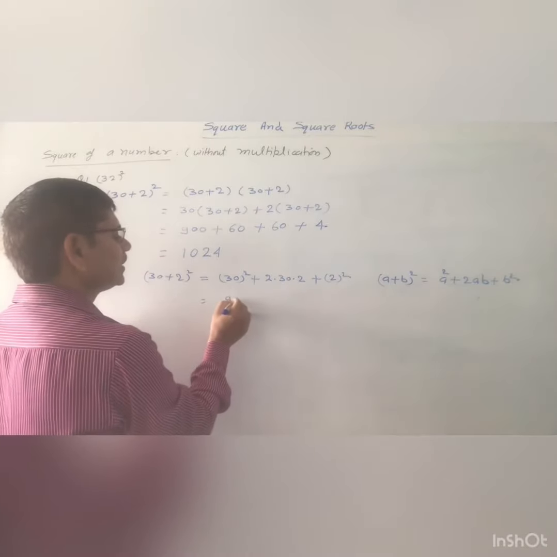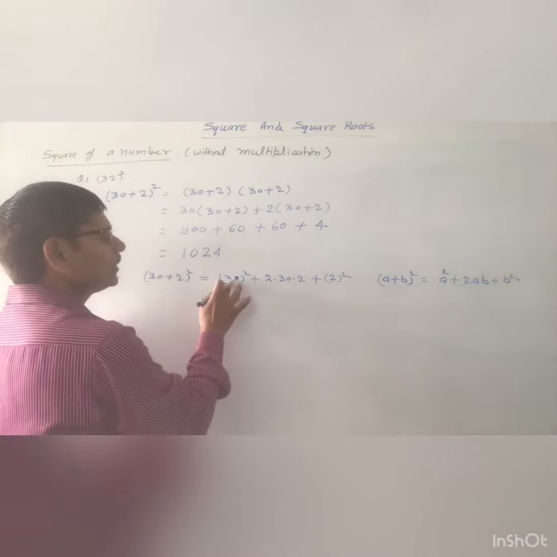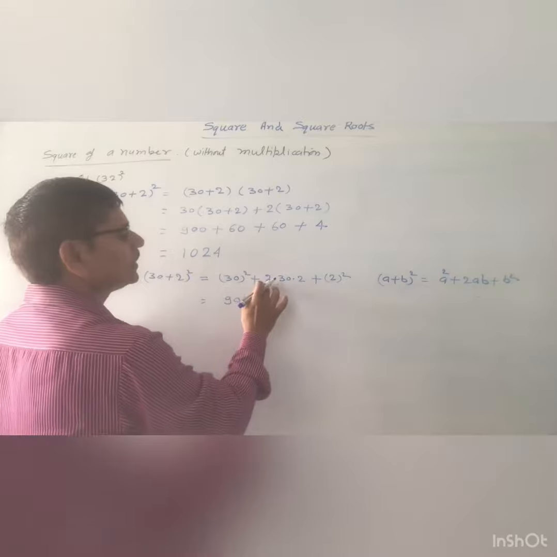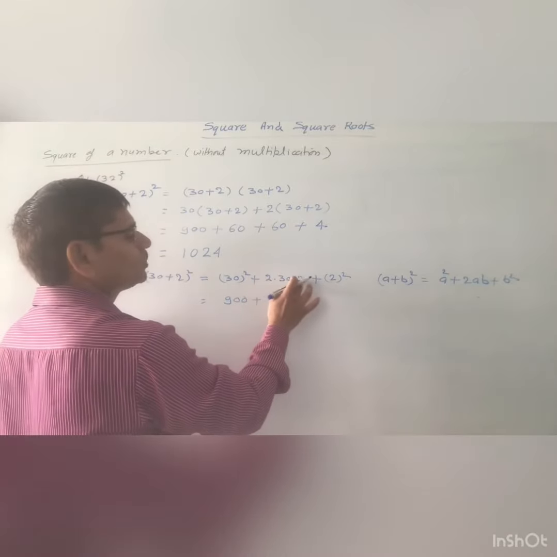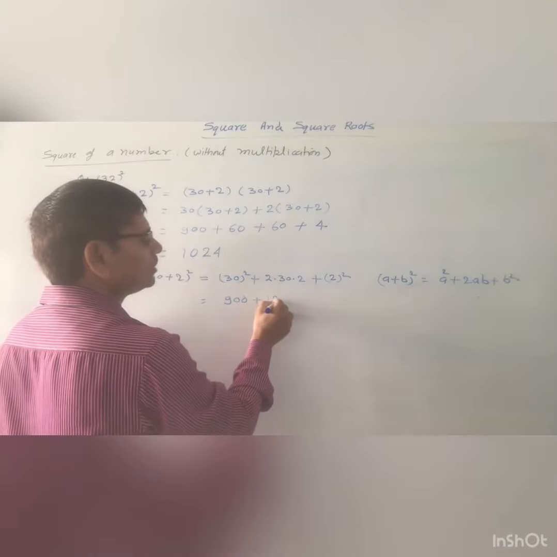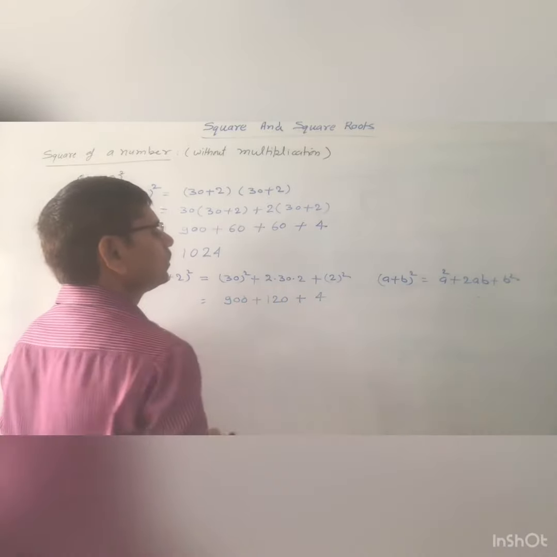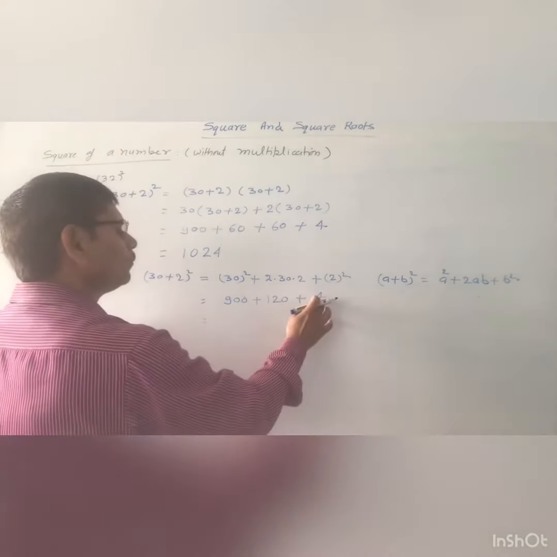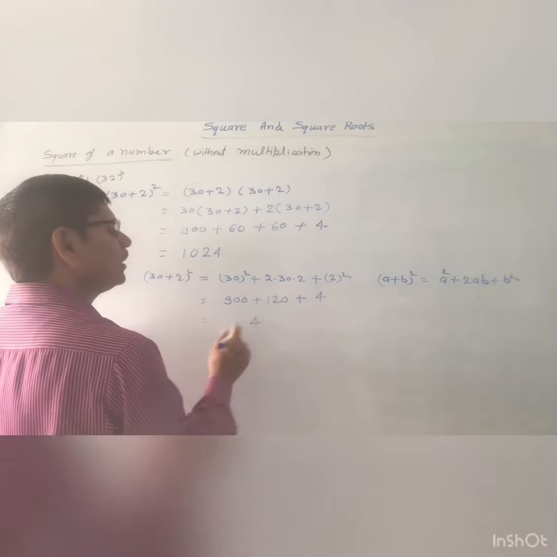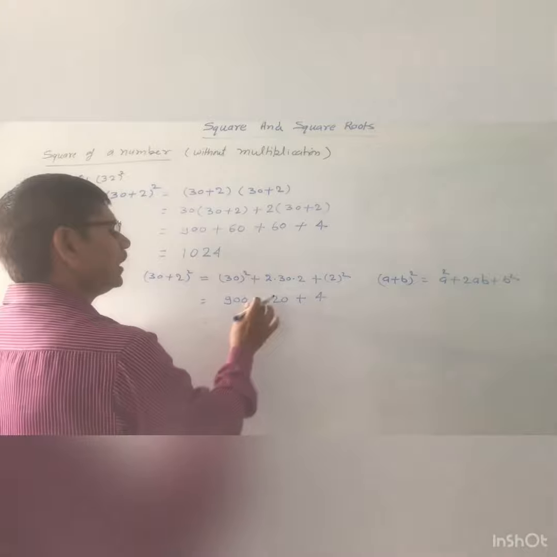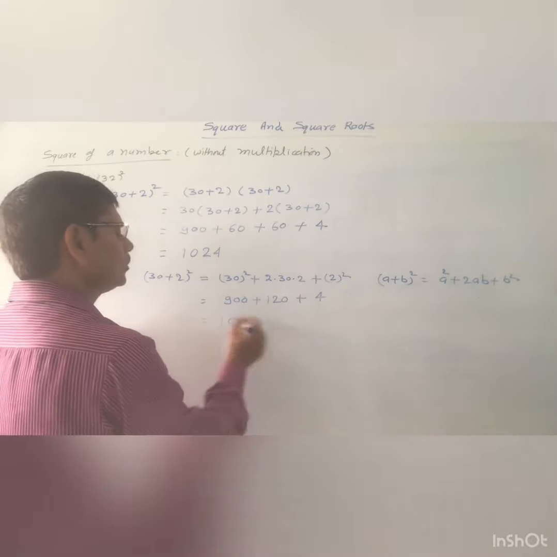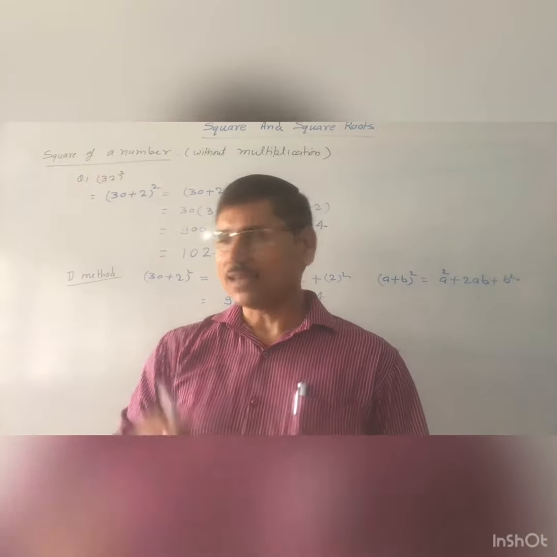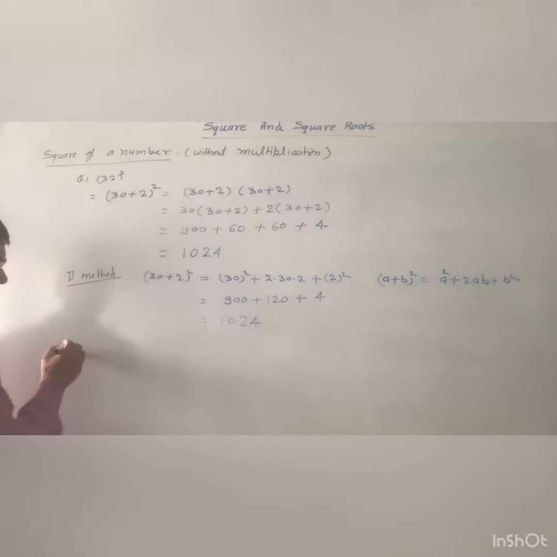So this is written as 900, the square of 30. 3 square is 9 and double 0. Plus this is 2 2 is 4 and 4 3 is 12, and 1 0 and plus 4. Okay, what will be the square of 2? 4. So you can write it as this. Now 4 plus, you will write 4. After that 2 and 0, that is 2 and 1 and 9, that is 10. So this is the answer by the second method using the identity. Okay, now you can find this square number by the third method.